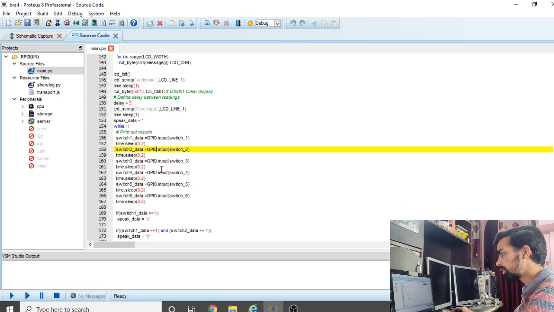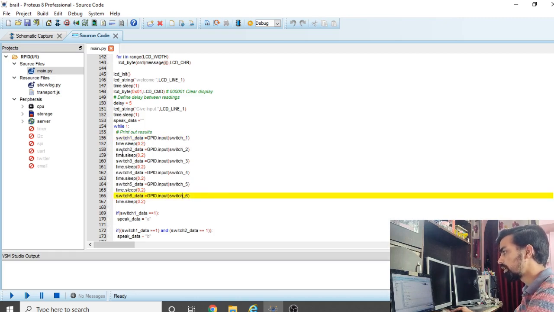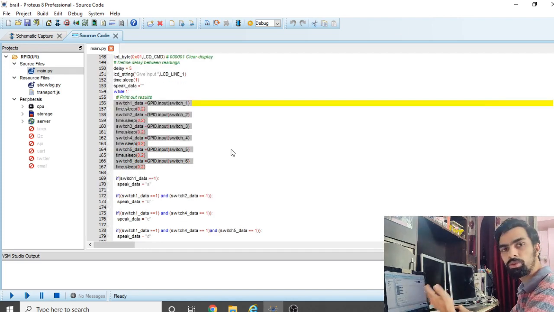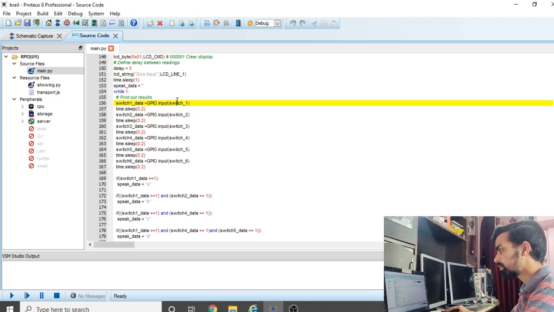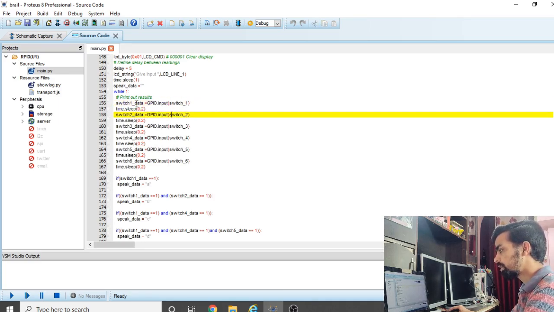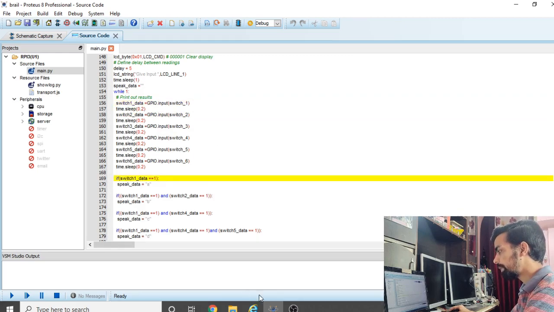With the same logic, we sense the return value of each switch, switch 1 to switch 6, because in the Braille pattern we have six switches. Once you have taken the states from each switch, like switch 1 data, switch 2 data, we have to check the pattern.